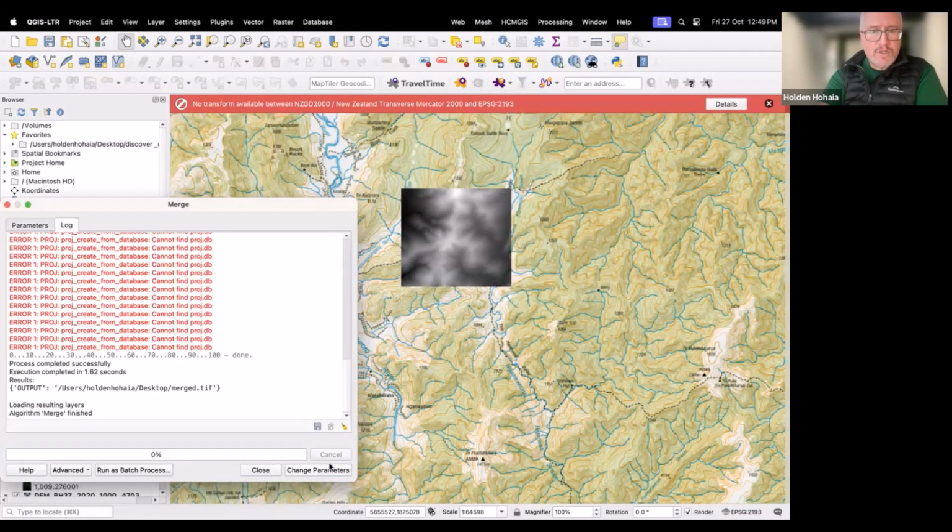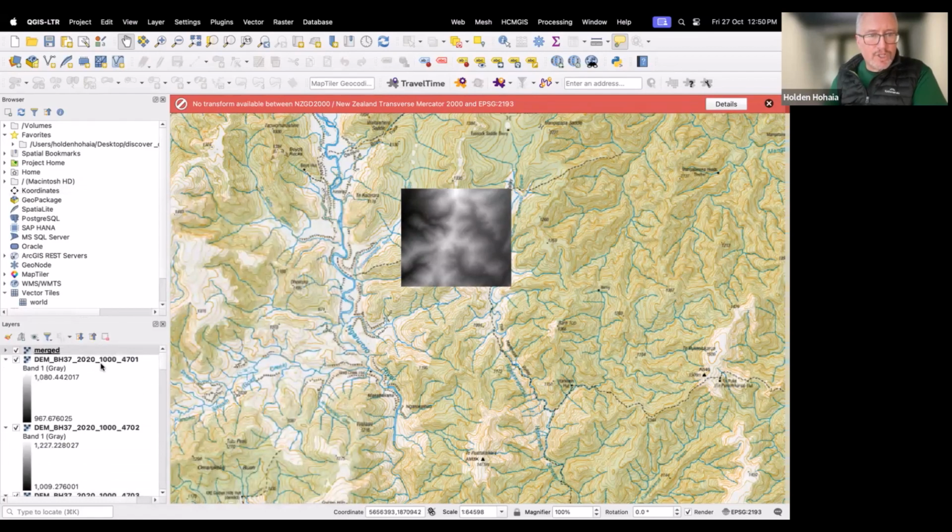Now, notice it's done something good to the image, right? It's obviously stitched together or merged those 15 tiles, but it's come up with a bit of a problem in here, and I'll tell you how you avert that problem. Hopefully, if you're on a Windows device, it'll pick it up and it'll be okay, but with my Mac, the settings are different and I have to do something, and I'll show you how you fix it in a minute. So basically, you've got your merged